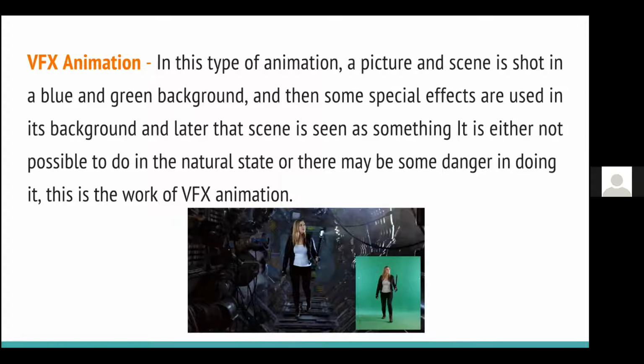This is called VFX animation. As you can see in the example on the screen, we can use these kinds of green backgrounds, and we can add any virtual background behind that scene to explain